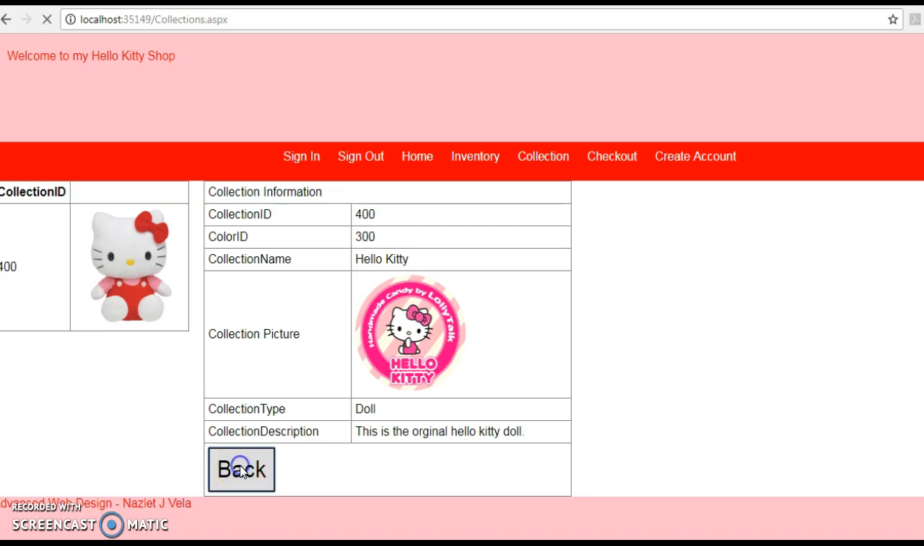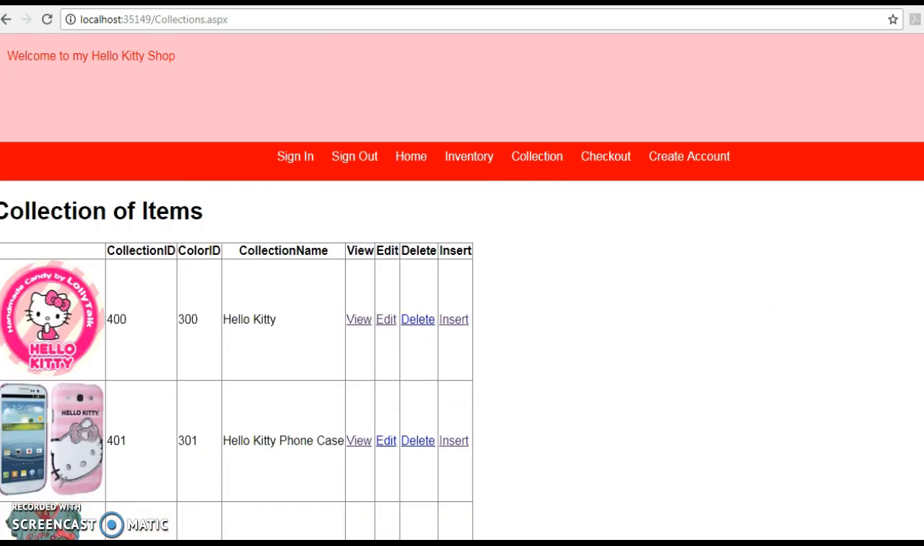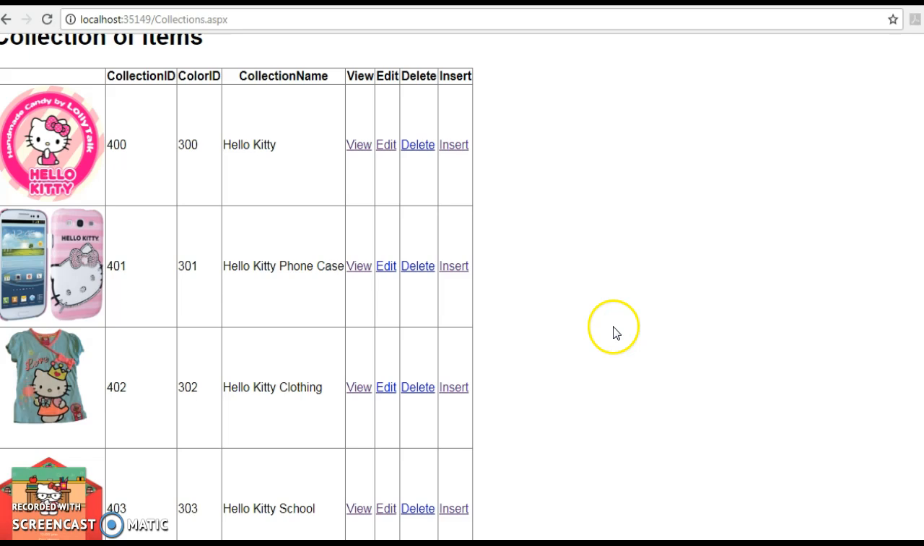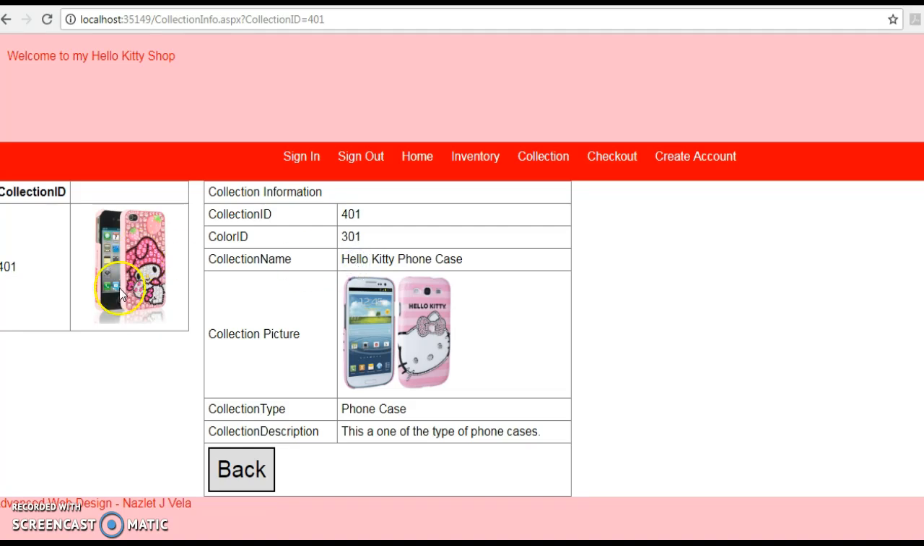Then you can go back. Next, you can select the next item, which is the Hello Kitty phone case. So you click the view, and it will show you another image of the collection ID for phone cases, which is one of the collection types. Then you just go back,